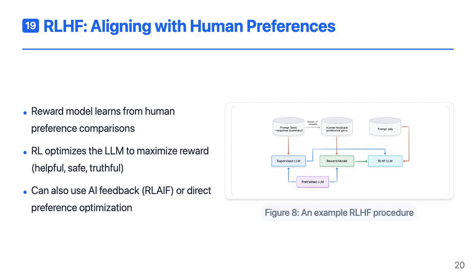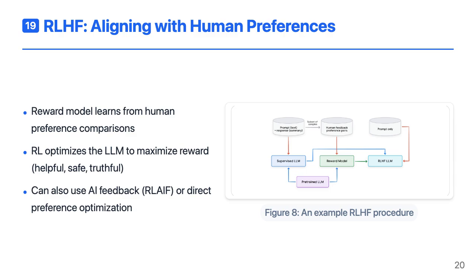Reinforcement learning from human feedback, or RLHF, goes further by explicitly modeling what people prefer. First, a reward model is trained on human judgments comparing pairs of model outputs. Then, a policy gradient algorithm fine-tunes the LLM to produce responses that score higher under this reward model. This makes it easier to discourage unsafe or unhelpful outputs. Variants like RLAIF replace human raters with strong AI judges, and methods like direct preference optimization can skip the RL